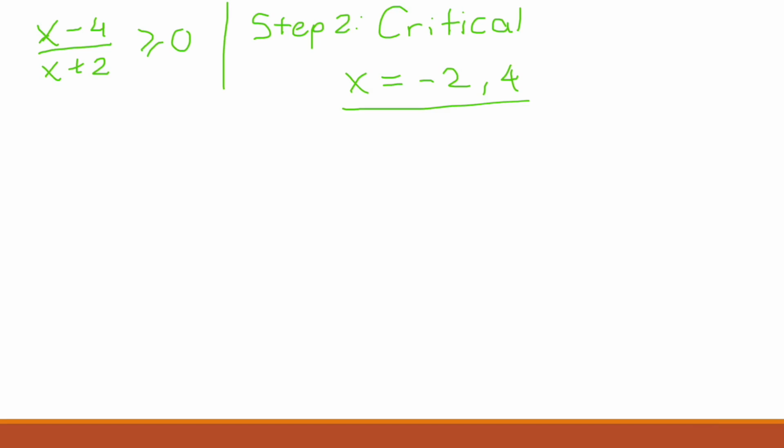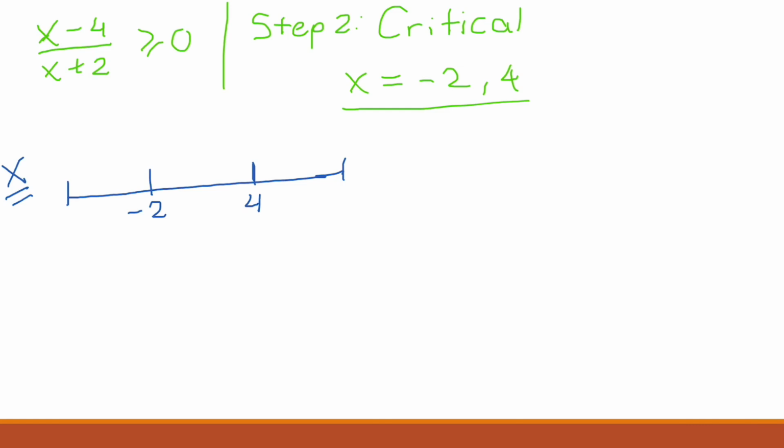Now, what I want you to do is that whenever you're solving these kinds of questions, I want you to make a number line that we learned in earlier grades. Make a number line, plot your critical points. You don't need to do it to scale, just make them so you can visualize it. And you have 3 sections now. One is x less than negative 2, one is x between negative 2 and 4, and one is x